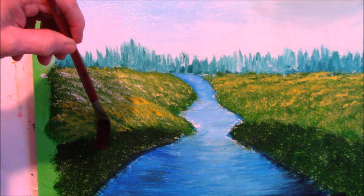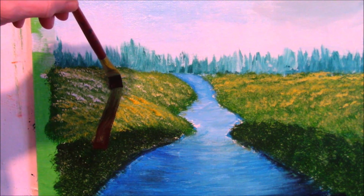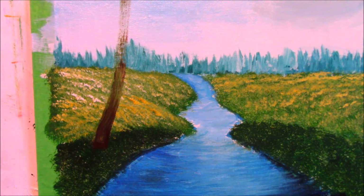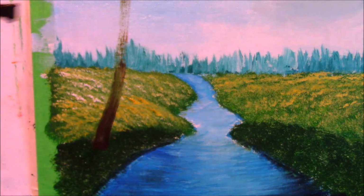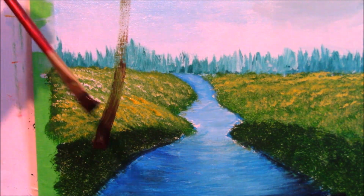I'm not going to go straight up. I'm going to give it kind of a little curve or something, just to make some interest. Go right to the top. Now, if you ran out of paint, it's no big deal. I'm going to add a little bit of black to it this time so you can see it better. So I had brown on one side and a bit of black on the other, okay? And with the black side down, we will